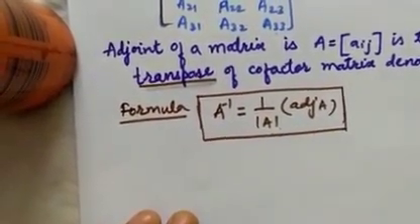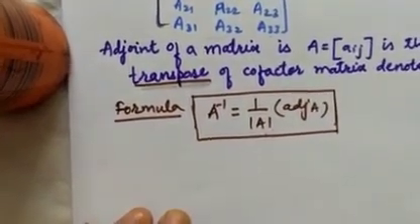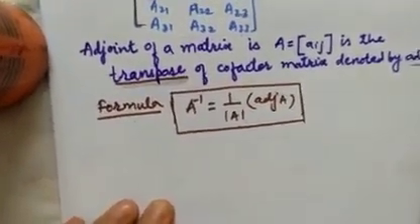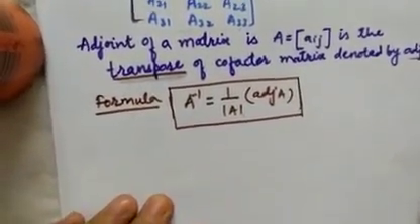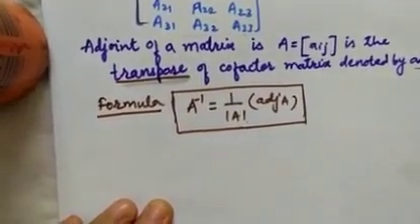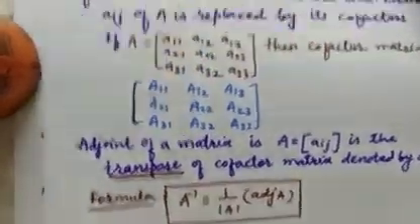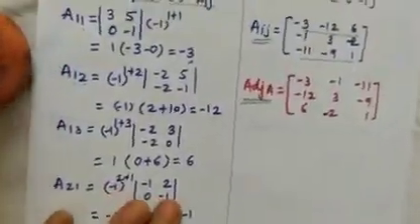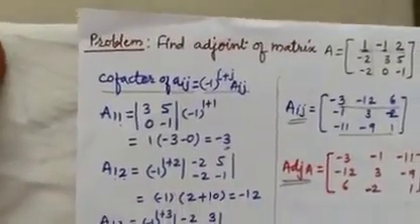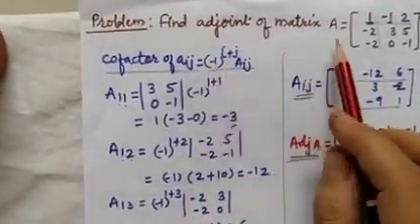Before going to directly finding out A inverse, we will practice some examples of finding out the value of adjoint of a given matrix, and it can be found out by just practice. We will see how to find out adjoint of a given matrix, and then we will go for finding out inverse by the adjoint method. Now see the actual example, how to find out adjoint of a given matrix.